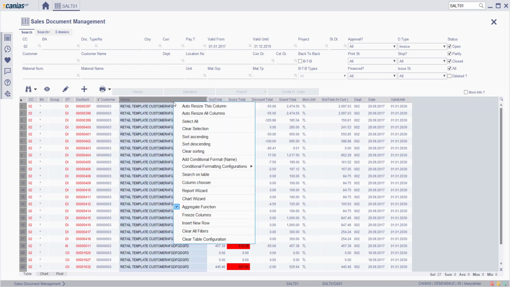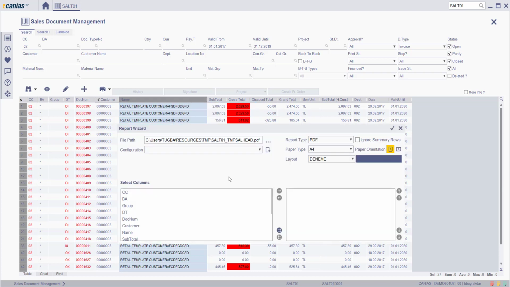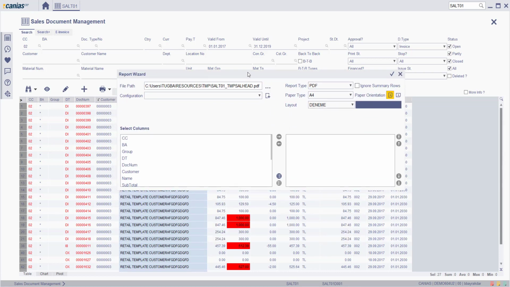Another feature that I'd like to show to you is the report wizard. Right-click on the column and select the report wizard tool. In order to create a report, select the customer name, gross total, grand total, monetary unit, and date, just as an example, and select the file type for the report.